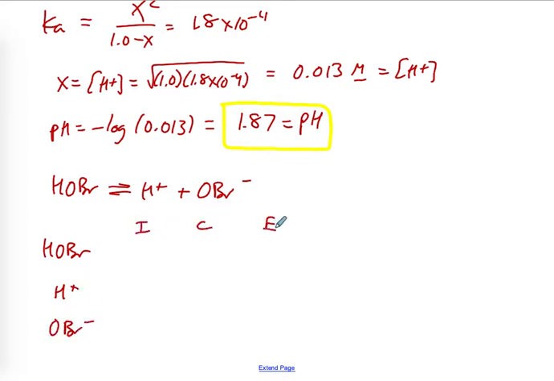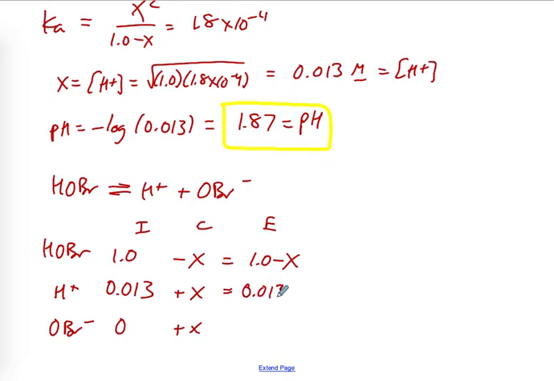ICE, my initial concentration of hypobromous acid is 1.0 molar. Now, pay attention. The initial concentration of hydrogen ion is not 0, and it's not 1.0 times 10 to the negative 7th. It is the concentration of hydrogen ion that was produced by the ionization of formic acid, which we just calculated as 0.013 molar. The initial concentration of hypobromite prior to ionization of hypobromous acid is, of course, 0, minus x, plus x, plus x, 1.0 minus x, 0.013 plus x,